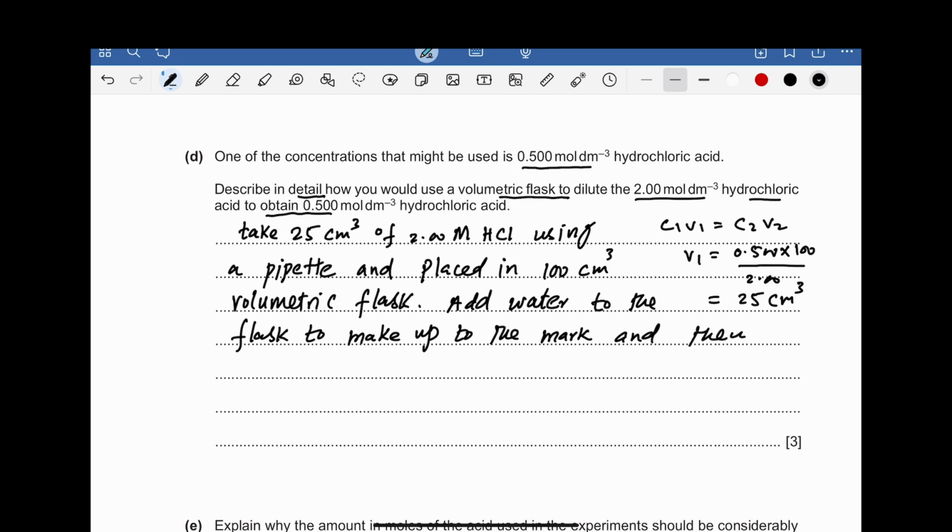And then shake or invert the flask several times